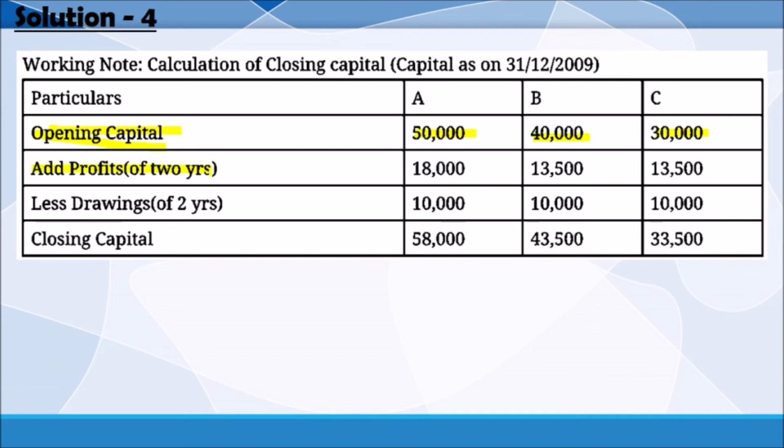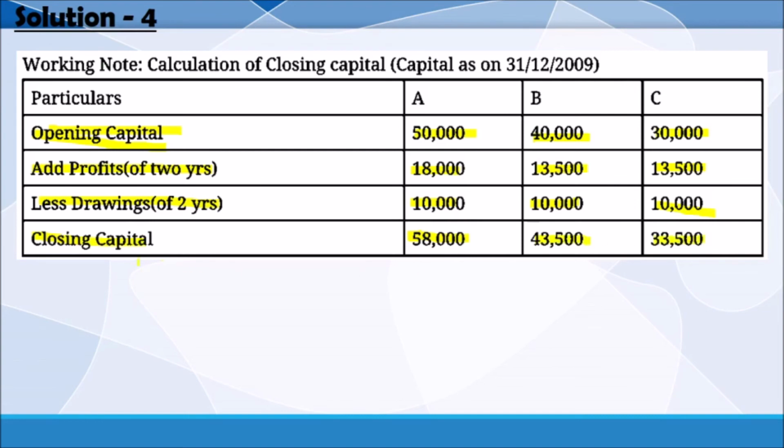Adding the profit of 2 years, which is given to them in their ratio: 18,000, 30,500, 13,500. And also we are deducting their drawings from the amount, 5,000 they are withdrawing every year. So 2 years' drawings will be deducted: 10,000, 10,000, 10,000. Then we are getting 58,000 as the closing capital for A, 43,500 for B, 33,500 for